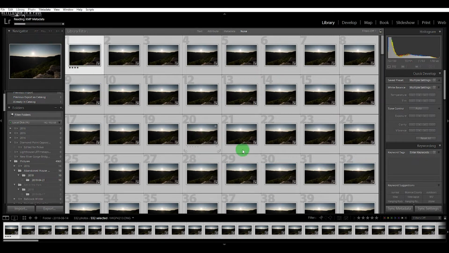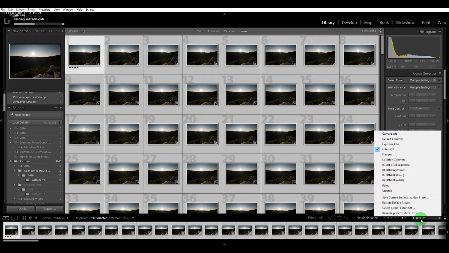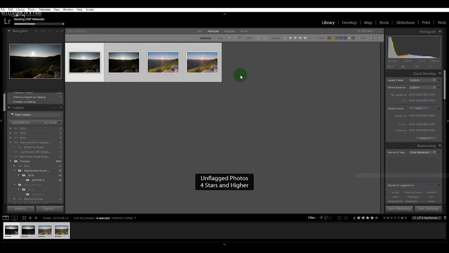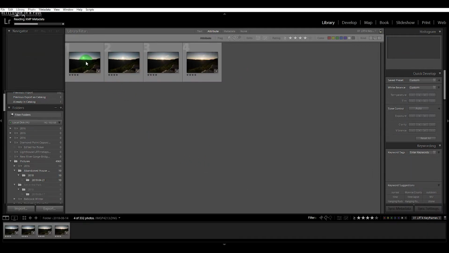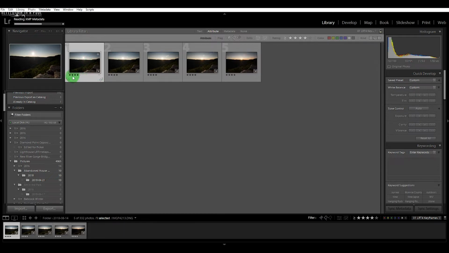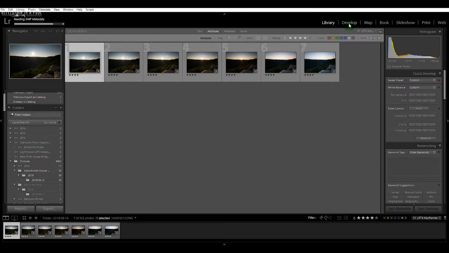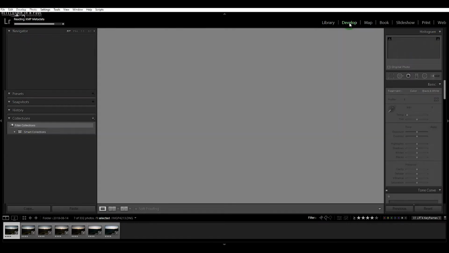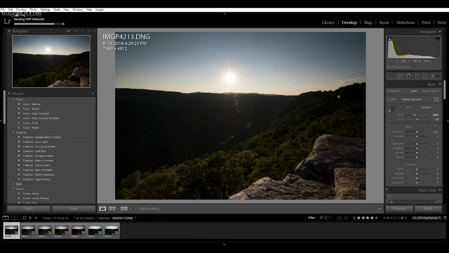So while that is progressing, I'm going to go down here to the filters, and I'm going to choose LRT for keyframes, and that's just going to show the keyframes that were created by LR Time-lapse. And these keyframes are indicated by the stars. It's going to be the ones with the 4 stars. So I'm going to select the first one in the sequence and go to develop,